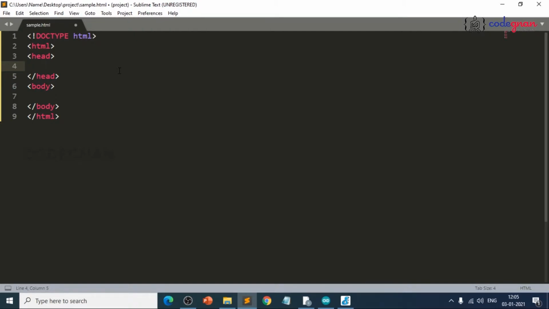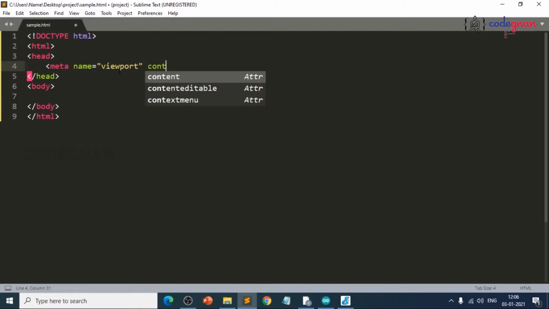So start with meta tag, and meta tag name equals to viewport, content, width equals to device width, because with CSS code you can write user friendly web pages.